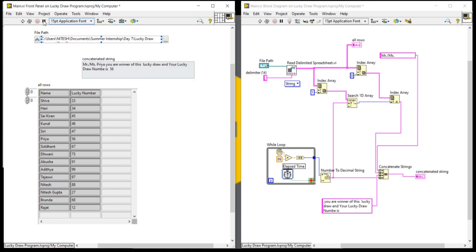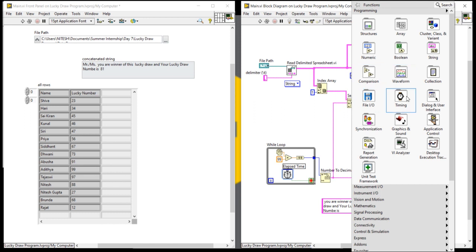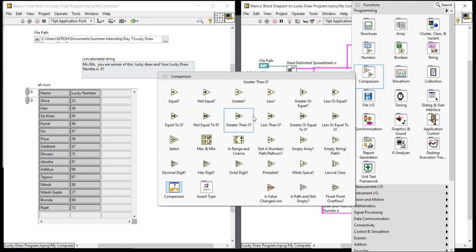Whenever it generates a lucky number which is not present in my database, like 81, at that time it will generate -1. So for that, here I am going to check that the number should always be greater than 0.